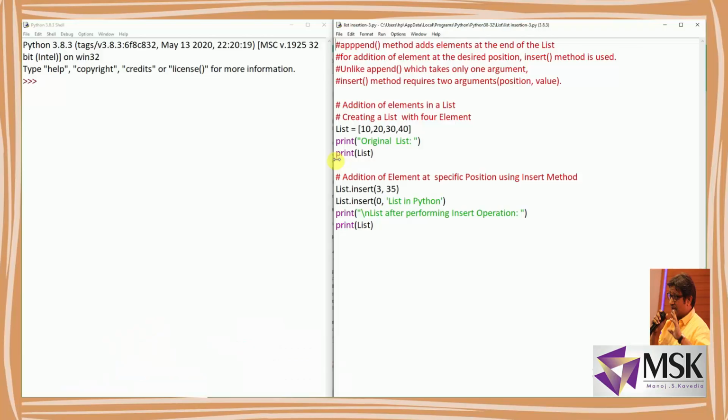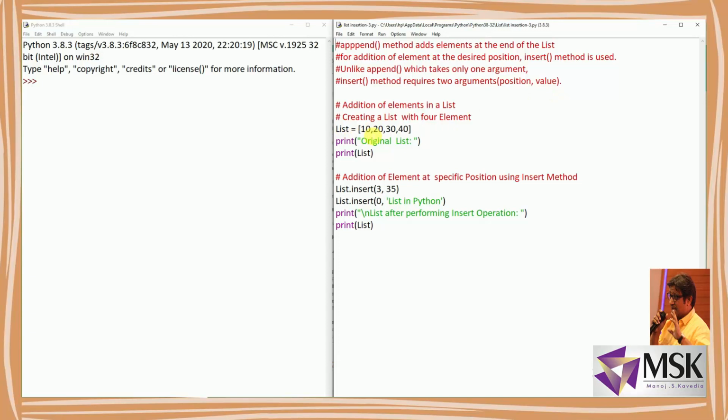Now for inserting the data in the list, I can use the insert method, and to add the data at the end of the list, I can use the append method. Append, as it adds at the end, takes only one argument, whereas with insert, I can insert at any position in the list, so I have to pass two arguments. One is its position and the second is the value. Position means where the element is to be inserted in the list, and value means what element is to be inserted. So let's see the list.